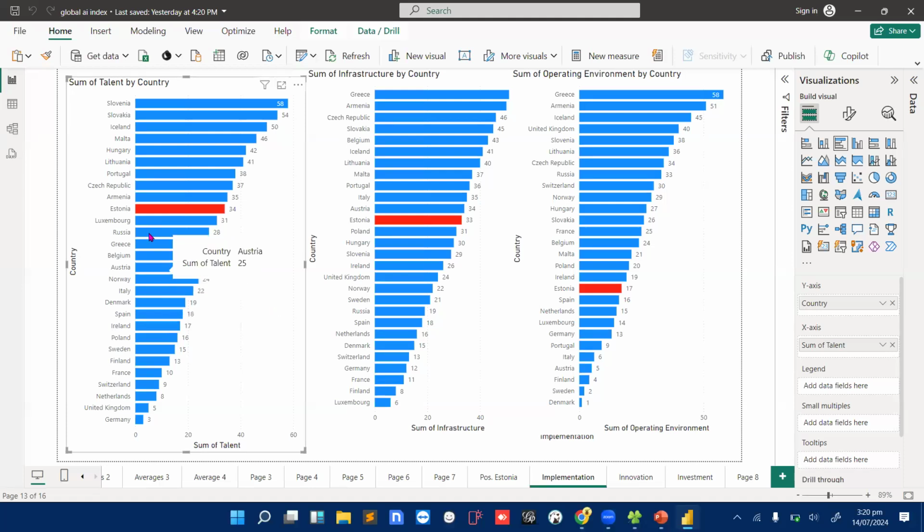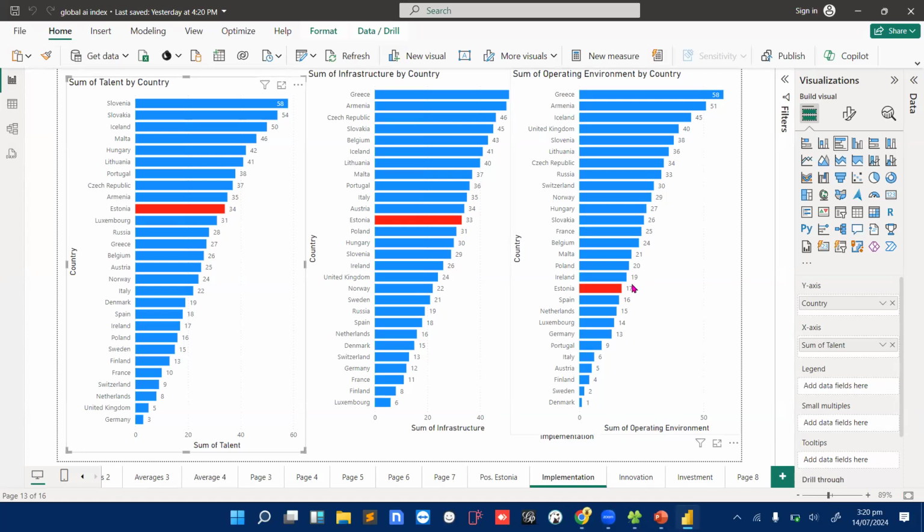So what I'm going to do is pick this country, because I want to compare its performance against the other countries in that same continent, say Europe. Then I'm going to check it against the least performing one and maybe the highest performing ones. What are the similarities? What are the differences? Why is this country not performing well in terms of AI talent? Why are they not performing well in terms of infrastructure and even operating environment? What are the policies the government is putting in place?